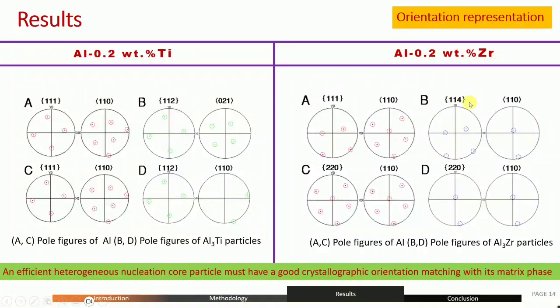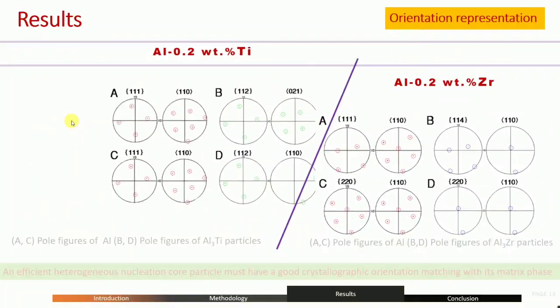But Zr is more coherent, but it is not very good. It is not refining the grains very efficiently. So Zr is not very significant here, even though it has very good coherence with the matrix. Whereas Ti does not have very much incoherence, but some incoherence is definitely there. But still, it is very good grain refinement.